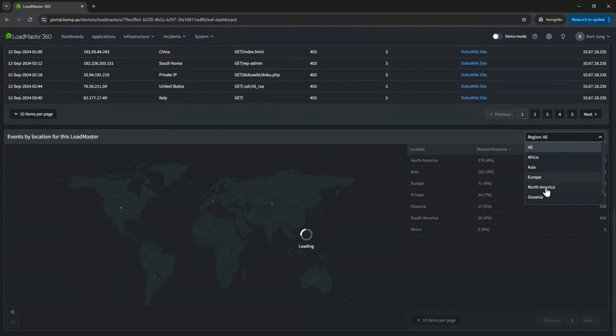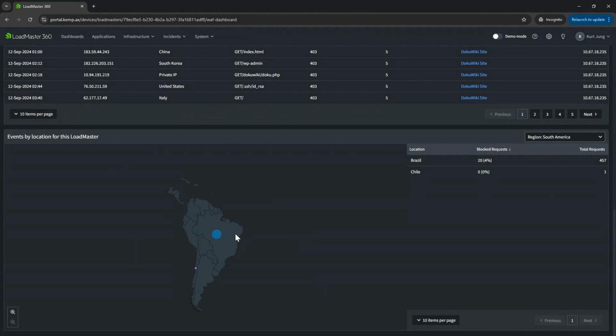So if I were to go in and select South America as an example, we can see here that we have 2 locations within South America where we see a lot of traffic being blocked. Chile's only got 1 connection being blocked, but Brazil's got 457